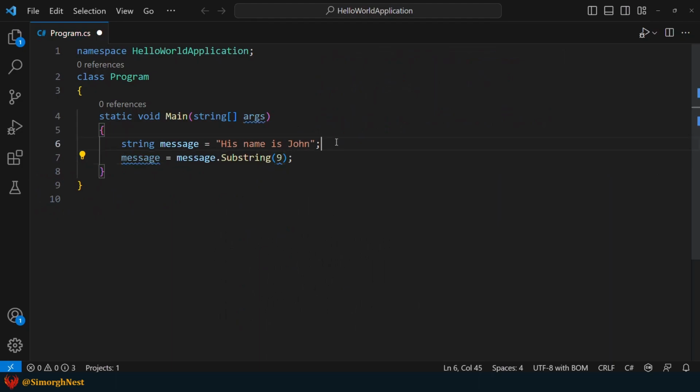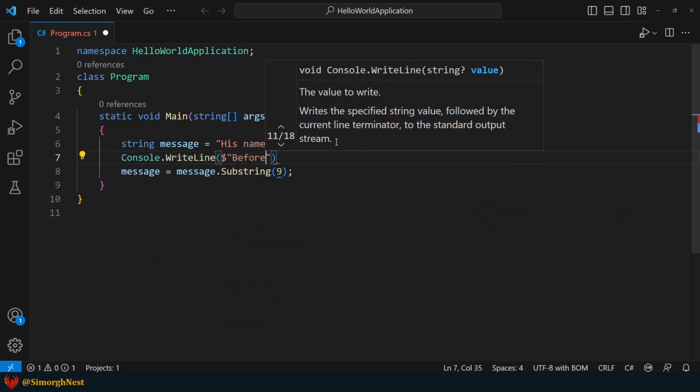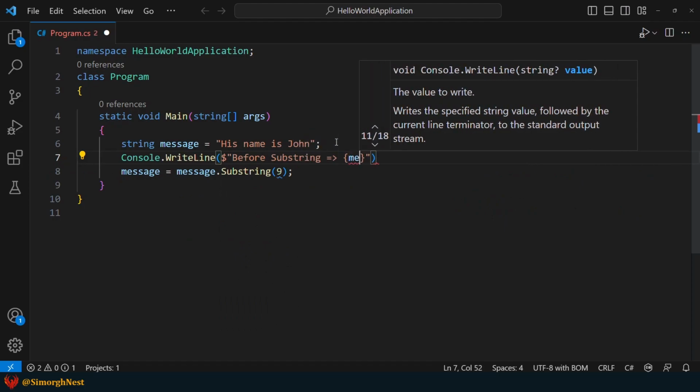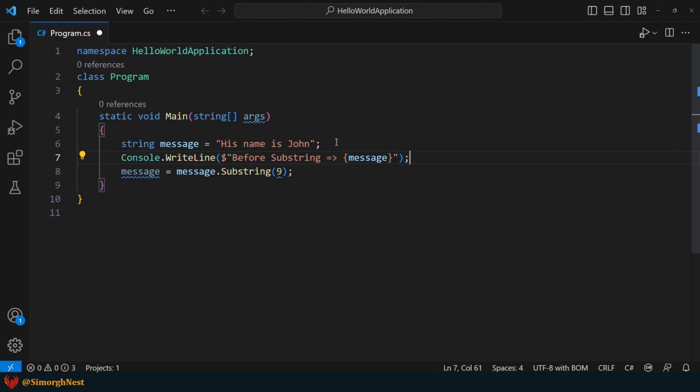Then, let's display the message before and after using the substring method with string interpolation. Next, let's run the application.